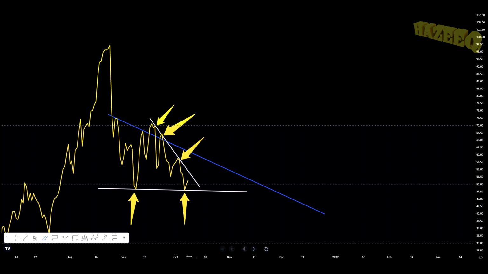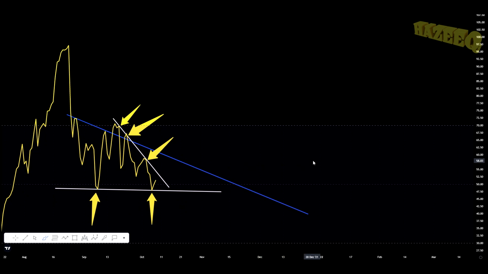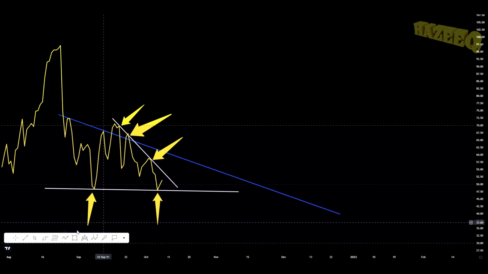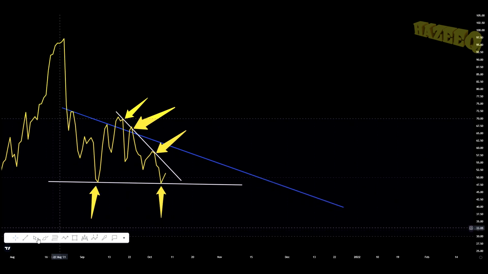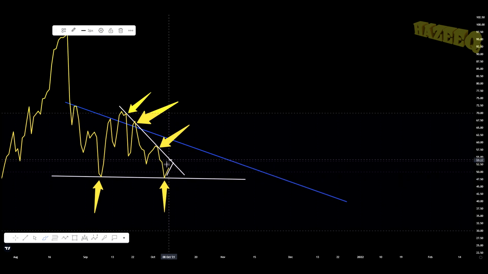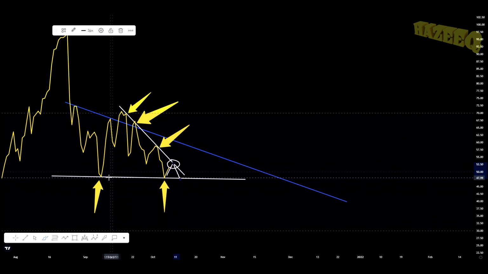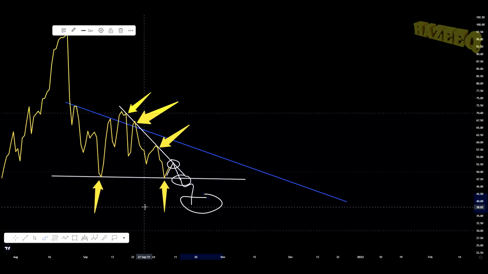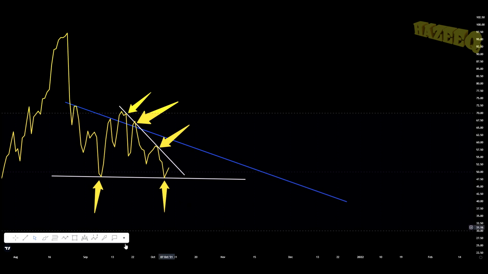Now, next up, what I do have here is another resistance line, and this is a white resistance line over here. You see the arrows point towards touches and rejections. So we got 1, 2, 3 rejections, and potentially what can happen is we get our fourth rejection. Okay, I do apologize. Where's the brush? Just like this, we get another rejection, and you come back down to support because this support line has two touches as well. So you may put some buy orders at this support line. If you start losing it and you're free falling, well, then just dollar cost average into the project because you never know when support is going to pop up and when are we going to get supported.